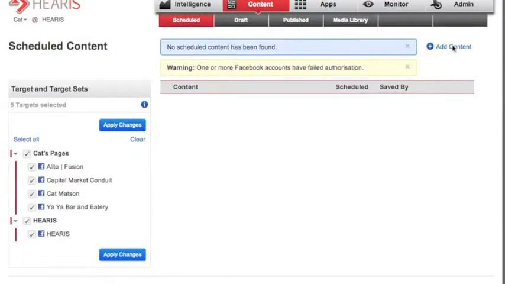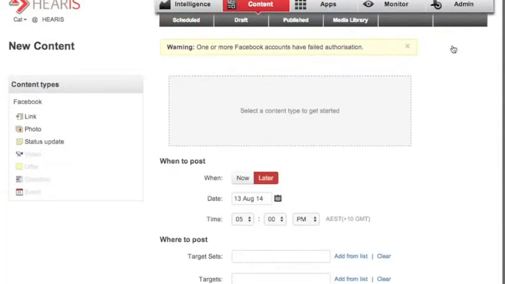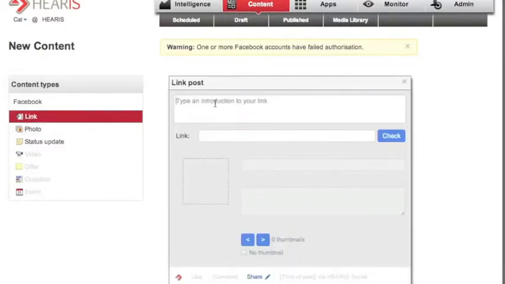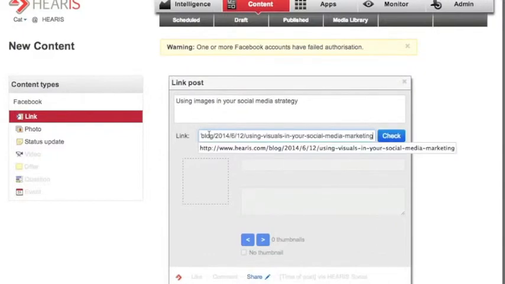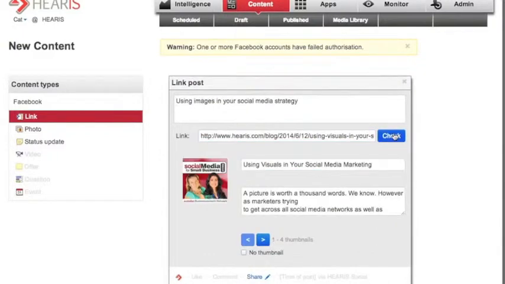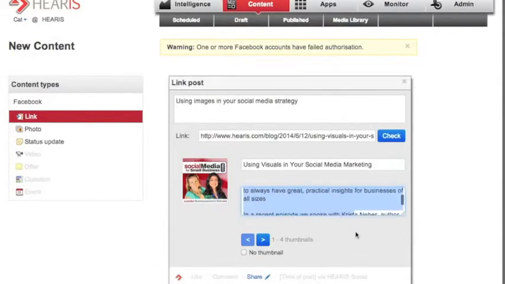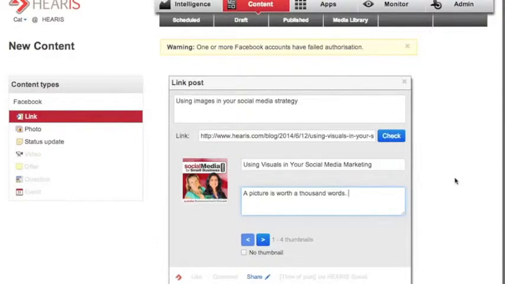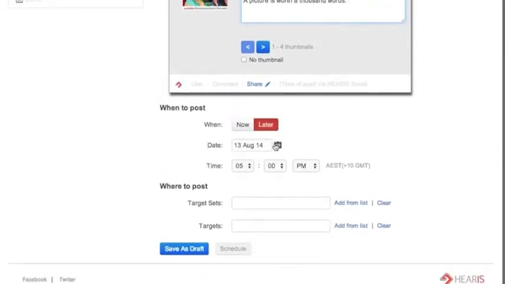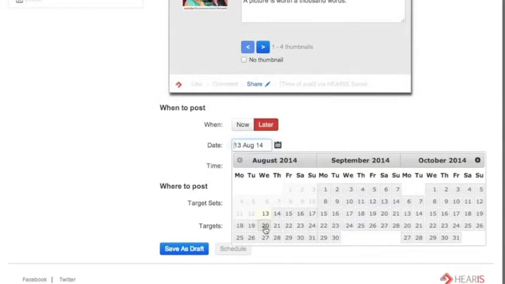As per normal, I simply click the Add Content button to bring up the content types. Today I'm going to post a link about using images in your social media strategy. I've already pasted the link to my clipboard, so I simply paste and click check to see that all of the right information and preview comes up. I'm going to delete that particular blurb because we don't need all of that detail in the Facebook posts, and I'm going to schedule it as I normally would for when I want it to go out, in this case